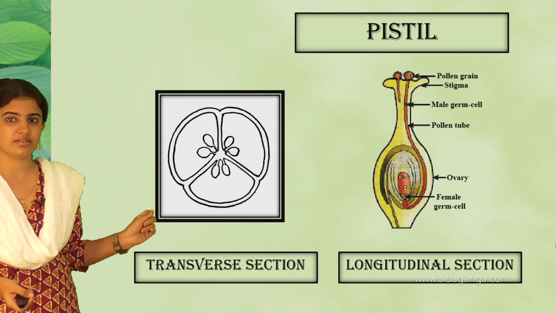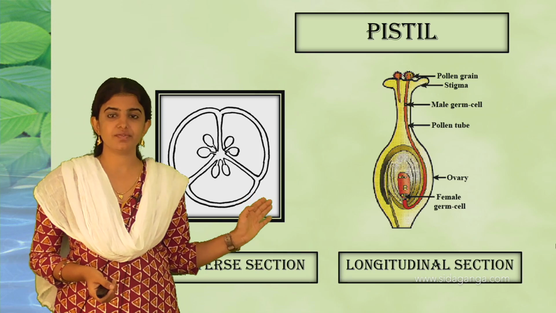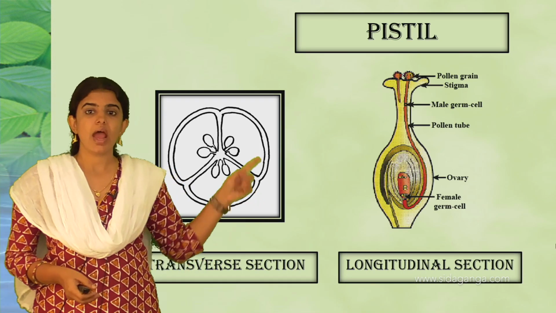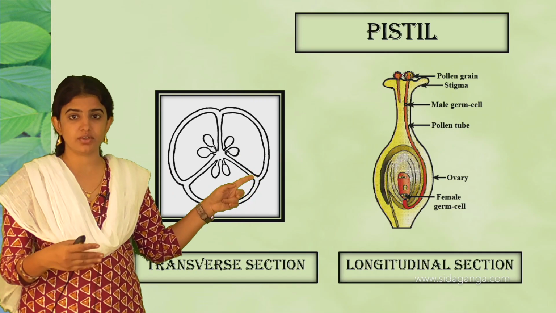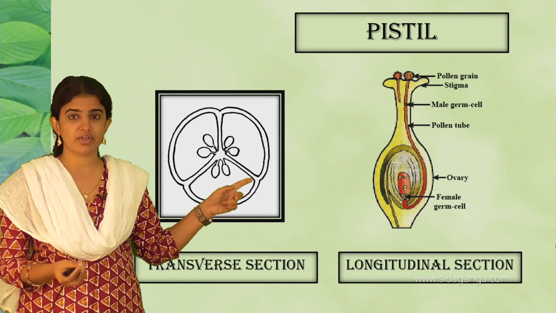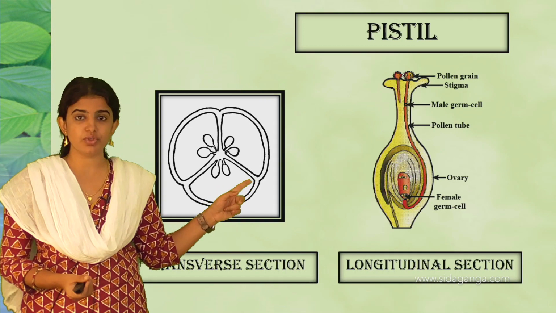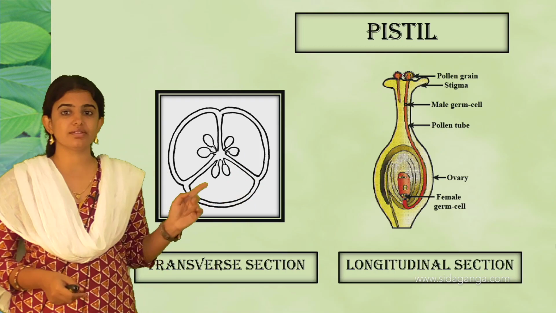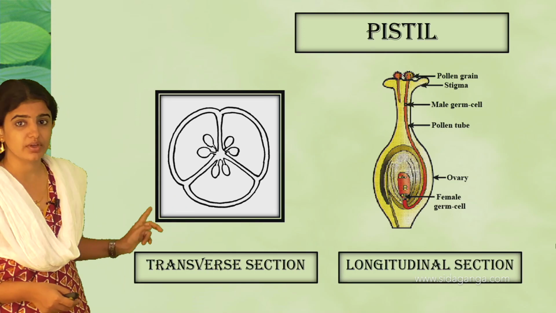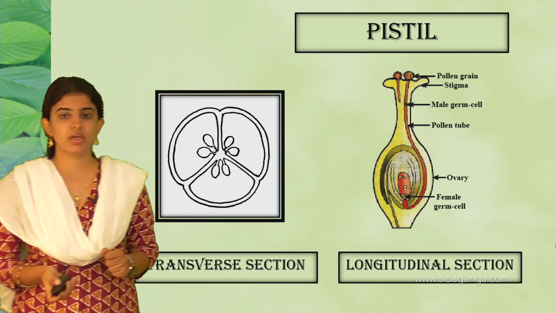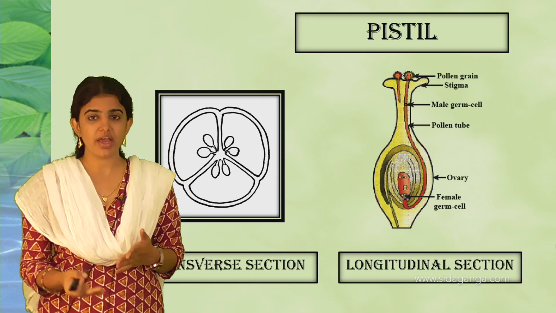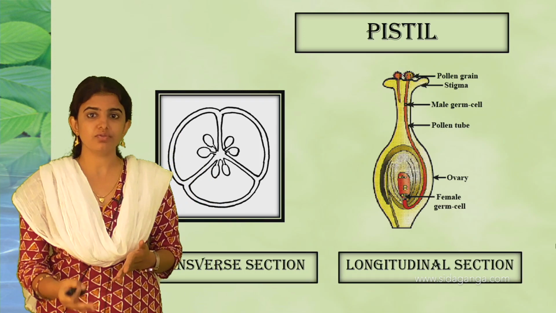We can easily see, in the transverse section, the arrangement of the ovules in the ovary. These ovules help to develop later, when the flowering stage and the formation of the fruit take place. These ovules will grow into the seeds, whereas the ovary is developed into the fruit. See, this is how the ovule is developed into the seed and the ovary is developed into the fruit.